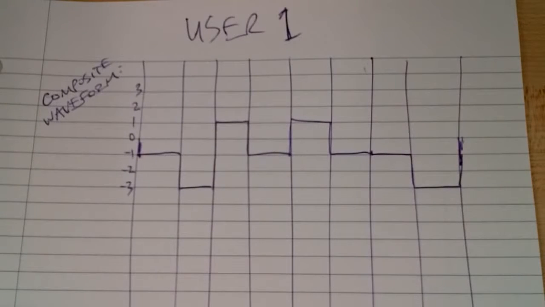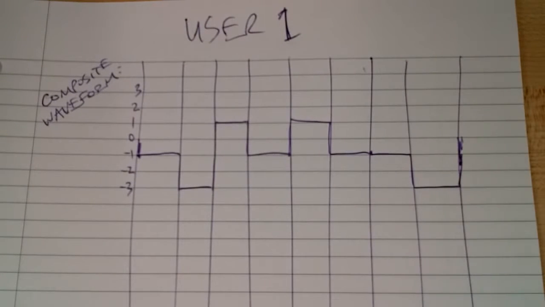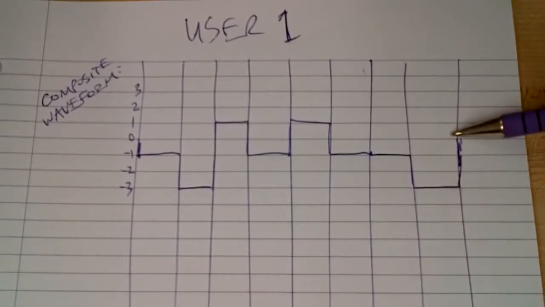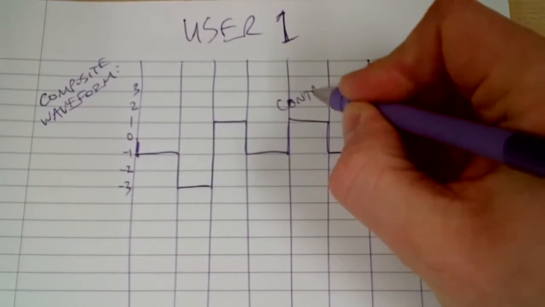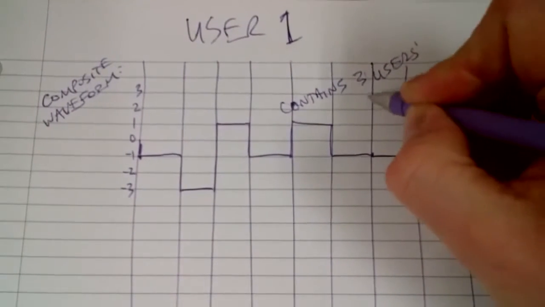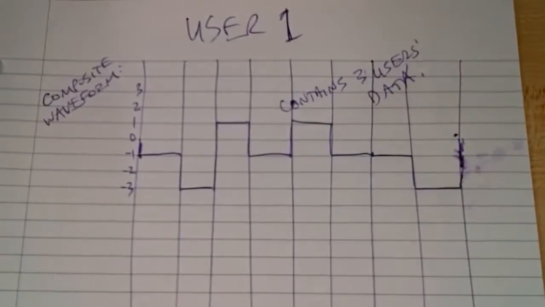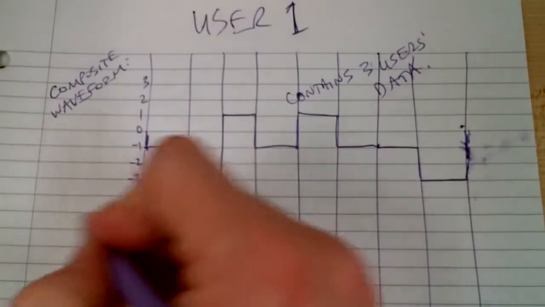Okay, this is the best part. Are you ready? So this is user 1. User 1 is we have the data and the spreading code, and the signal has been spread and then combined with the signal from 2 other users. So we have a composite waveform which contains 3 users worth of data. So what we're going to do is we're going to take the user 1 code,